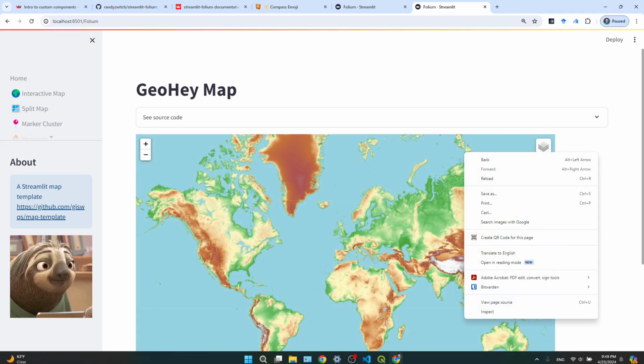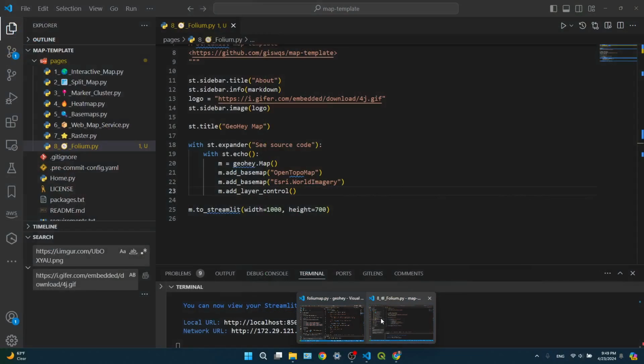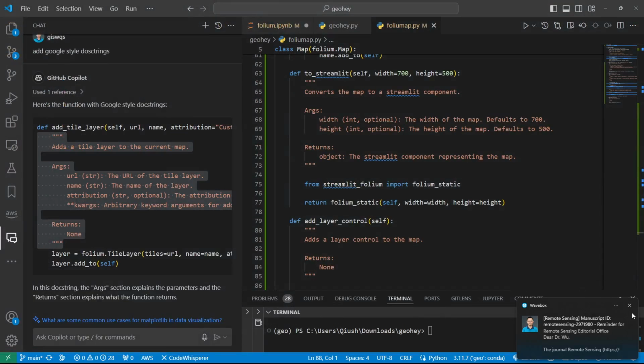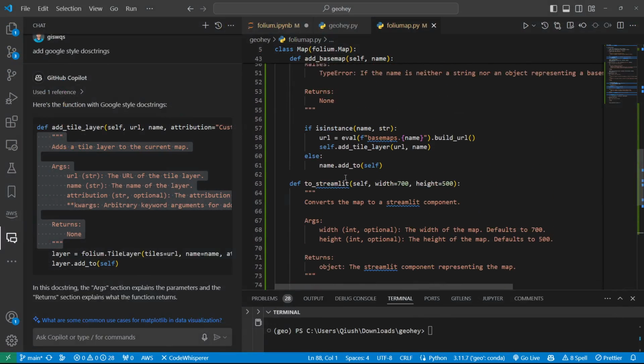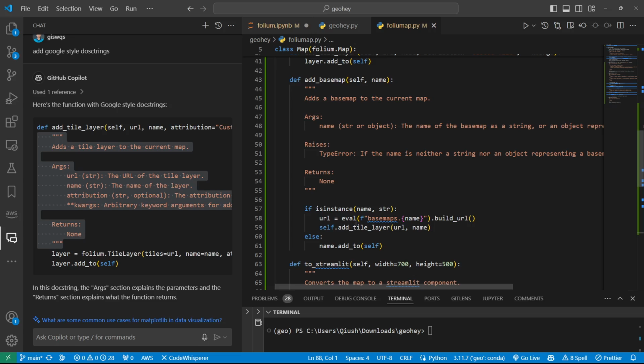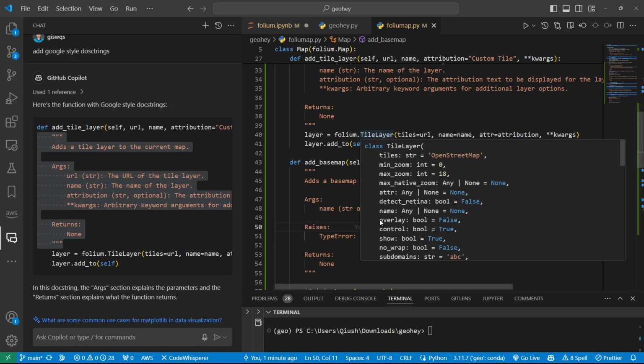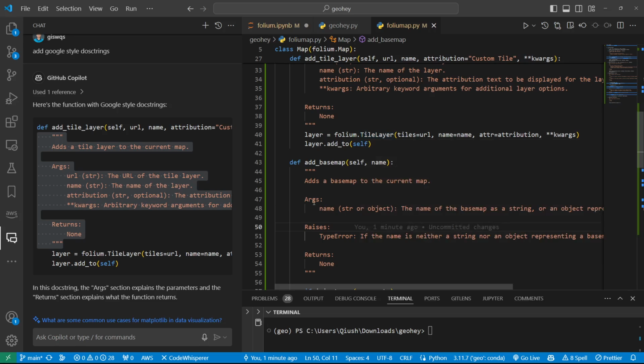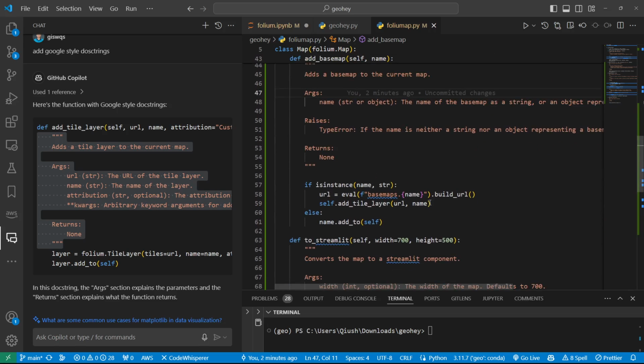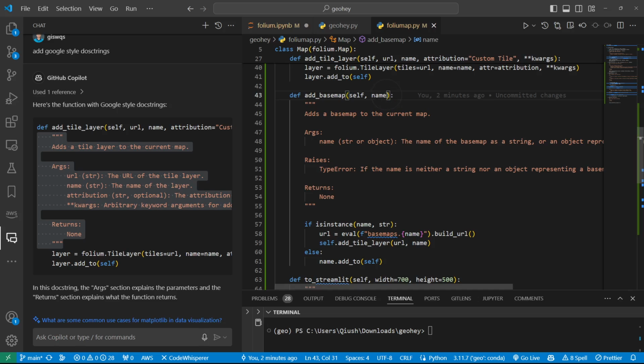So what you need to do is go to the folium map, then take a look here, base map. This one, add tile layer. The base map is going to add the tile layer, get the URL and tile layer. By default, the overlay is equal to false. That means it doesn't allow you to do something that you want. You can do it here at the high layer and specify, for example, the default parameter overlay equal to false,